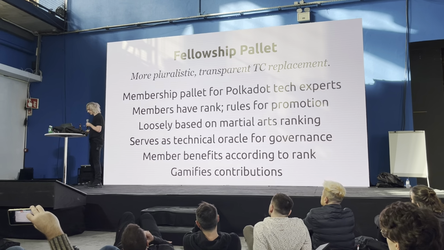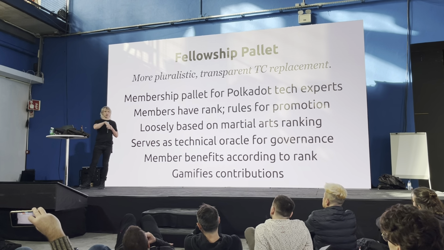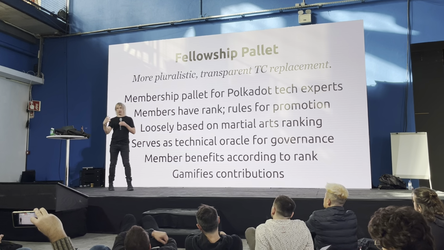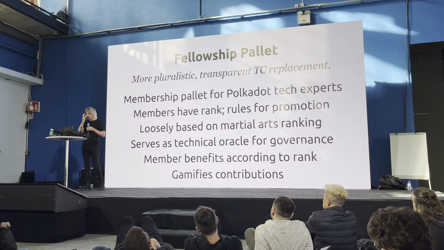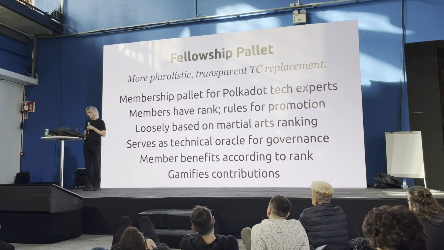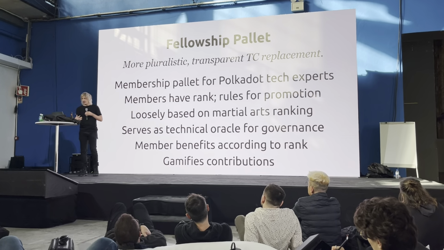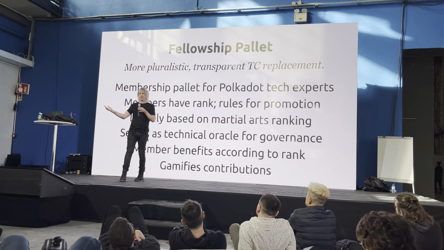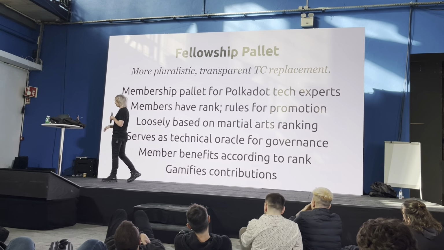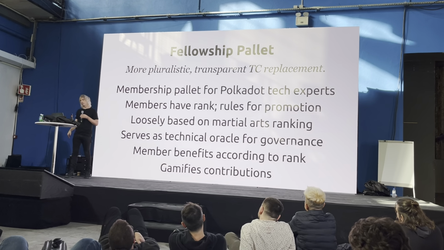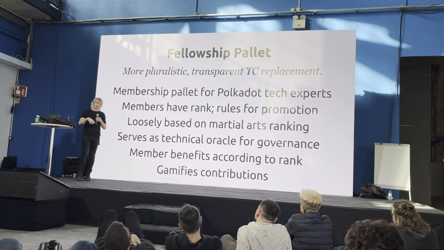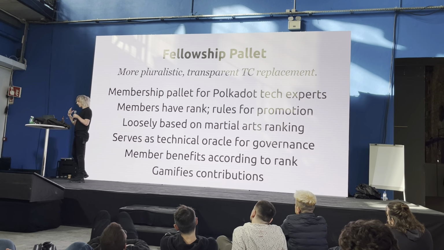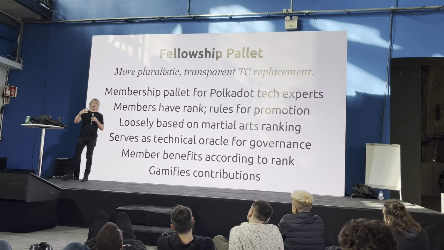There's a fairly substantial white paper that explains the social elements of this on-chain structure. One of the key things to understand about it is that it's a membership-oriented thing, so it's an on-chain collective that has a bunch of members, but each of these members has a rank. The rank goes from basically 1 to 9. And there are rules, some of them at least socially enforced. Some can be enforced on-chain, but the richer ones are socially enforced. And these are the rules for getting promoted up through the ranks.